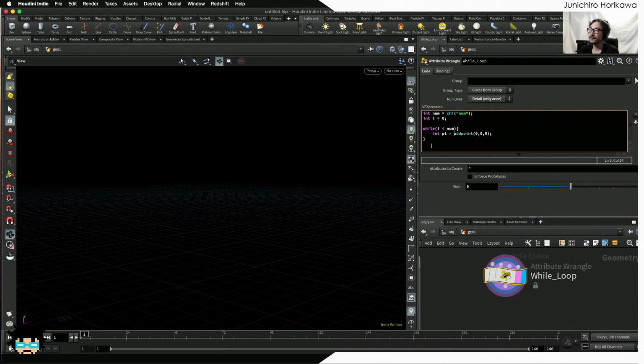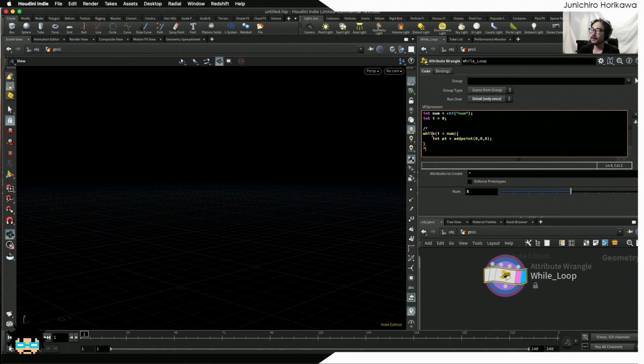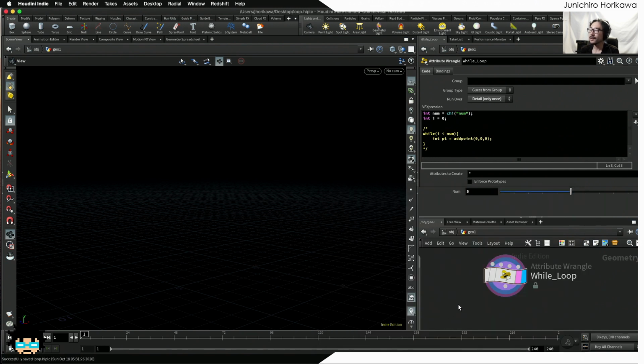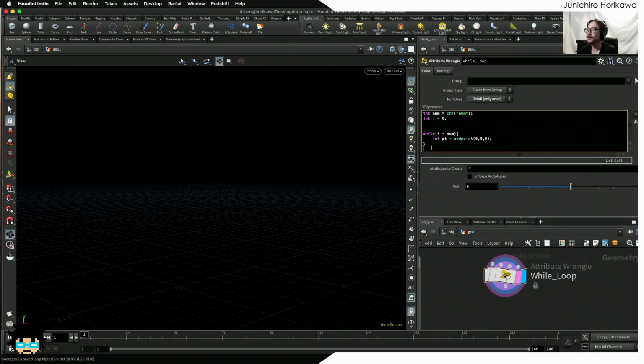So let me just comment this out first, and let me save the file somewhere, maybe on the desktop, and try to run this by uncommenting it to see that we are going to fall into the infinite loop. If I click the canvas,